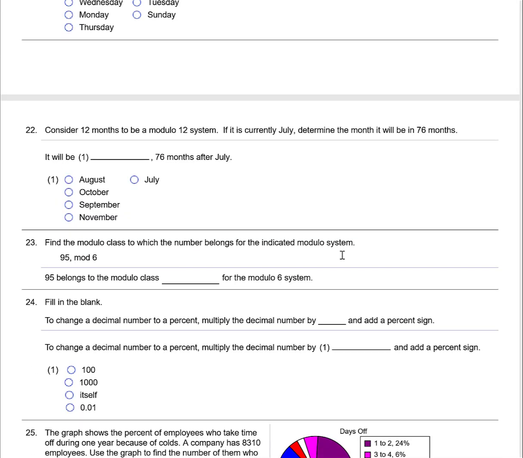Okay, find the modulo system to which the number belongs for the given system. So we have 95 modulo 6. And so what do we do here? We take 95 and divide by 6. Remember what we want to do? We want to get the remainder. So if we take 95 and we divide by 6,